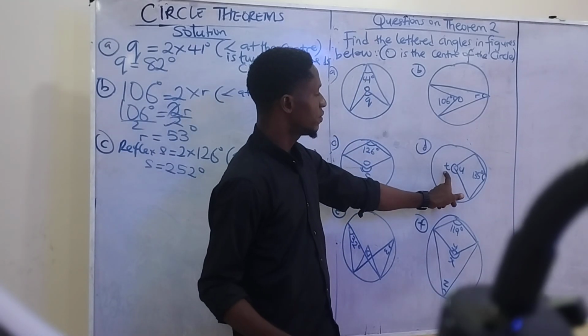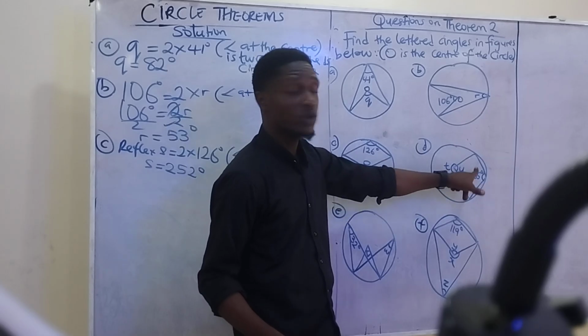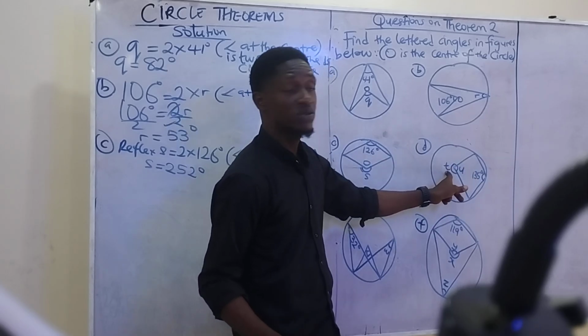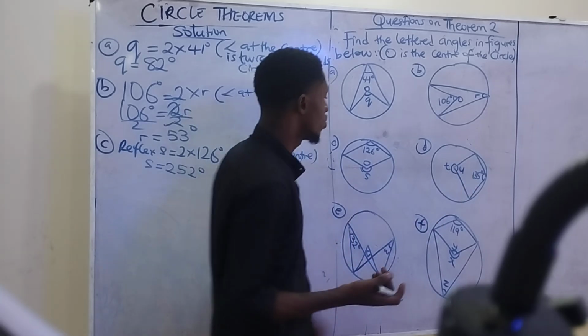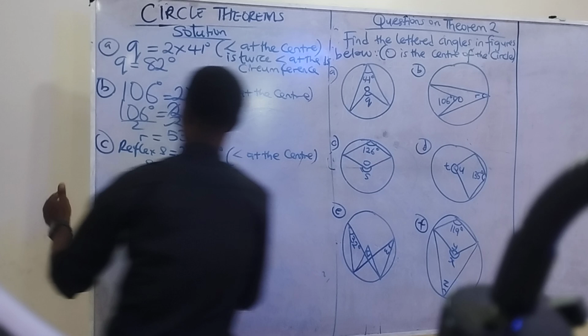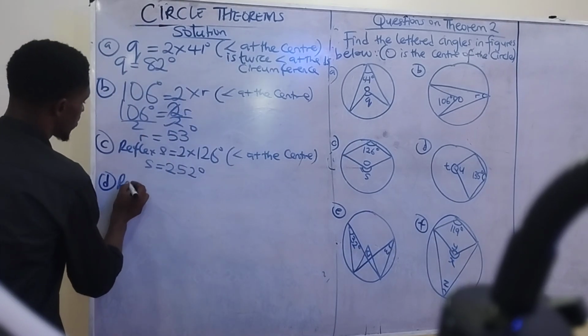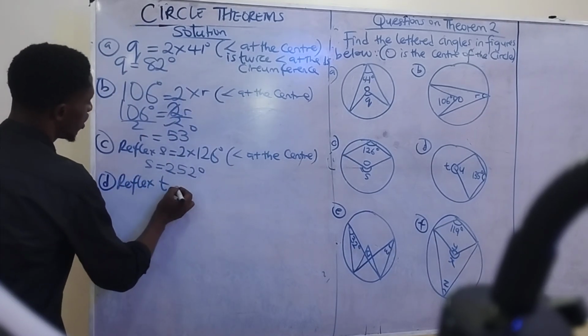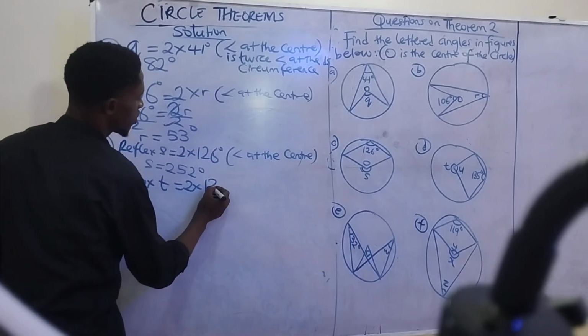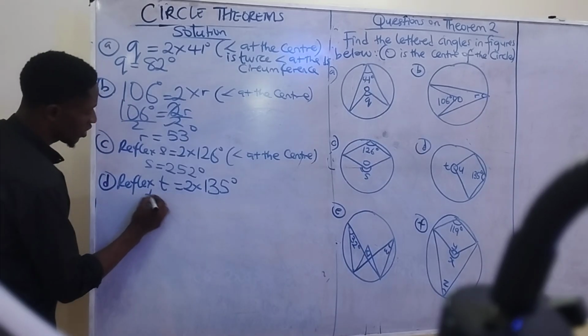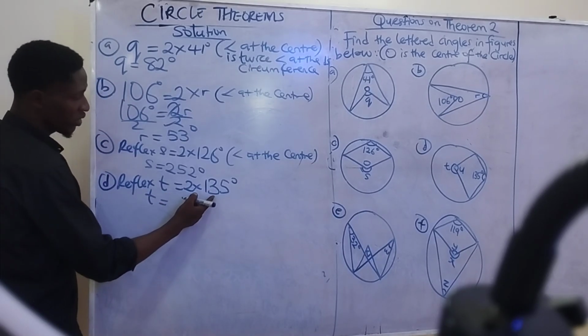You can see we have reflex T and we have the one inside, U. But you have to start with this T. Don't start with this U because of that second scenario. So the reflex T, talking about this D, is equal to 2 times the angle at the circumference, which is 135. So T is equal to 2 times 135, which will give you